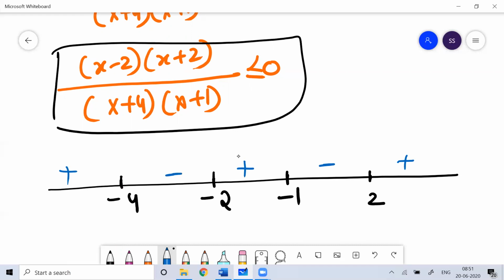And here, what value of x can I not accept? I cannot accept x to be minus 4. The other values of x should be acceptable. So if I draw the wavy curve,